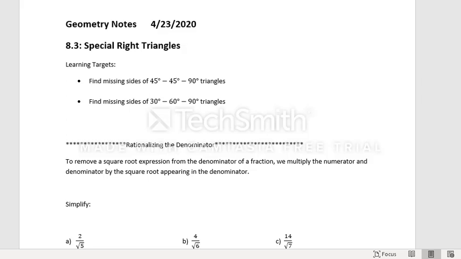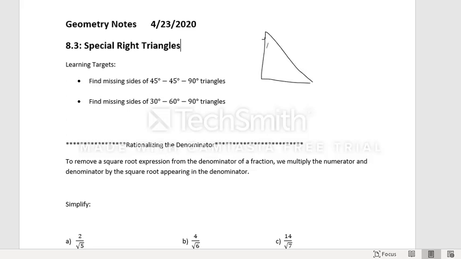All right. Today we're going to look at section 8.3, which is special right triangles. Our two main learning targets: we're going to find the missing sides of 45, 45, 90 triangles and 30, 60, 90 triangles. So one thing that we do know, if we are looking at a triangle that is a right triangle,